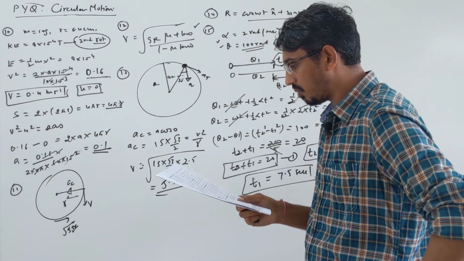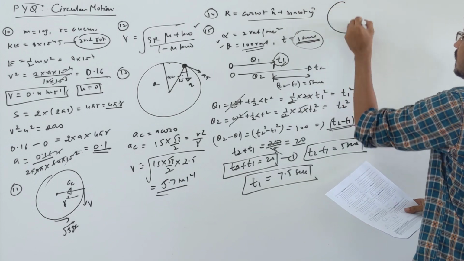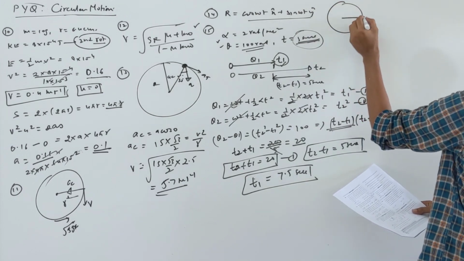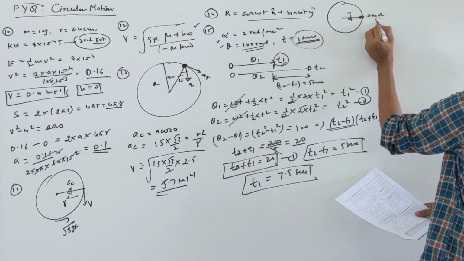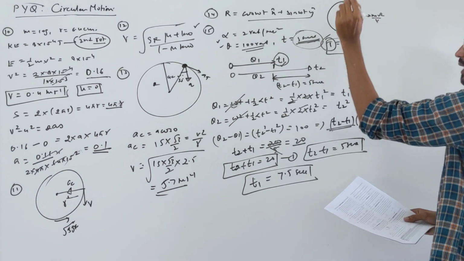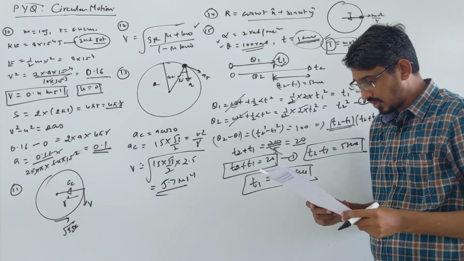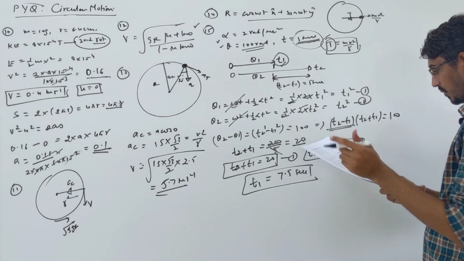Very simple. We are moving on a horizontal table. Look here simply. On a horizontal table, we have two forces only in this direction. One is tension T, the other is mv square by r. So tension will be simply mv square by r, that's all. So tension only, we have to give the answer, right? Yes. The answer is the fourth option, tension only.